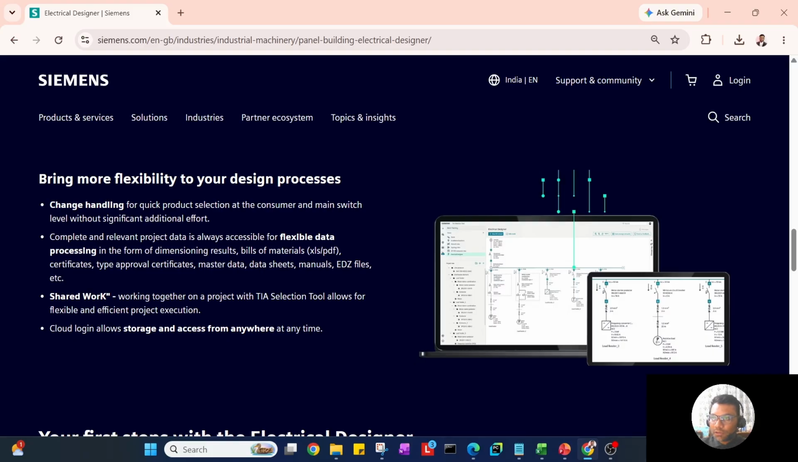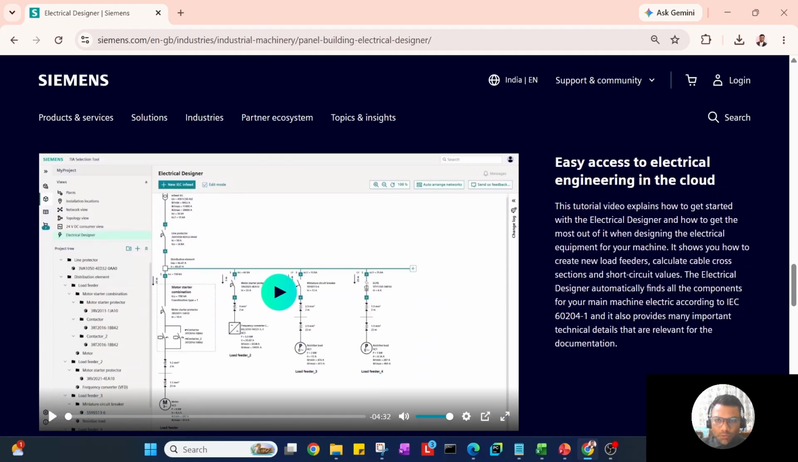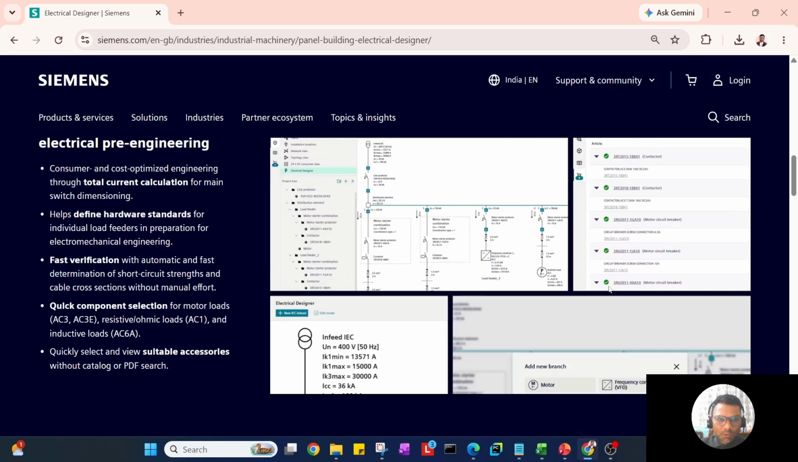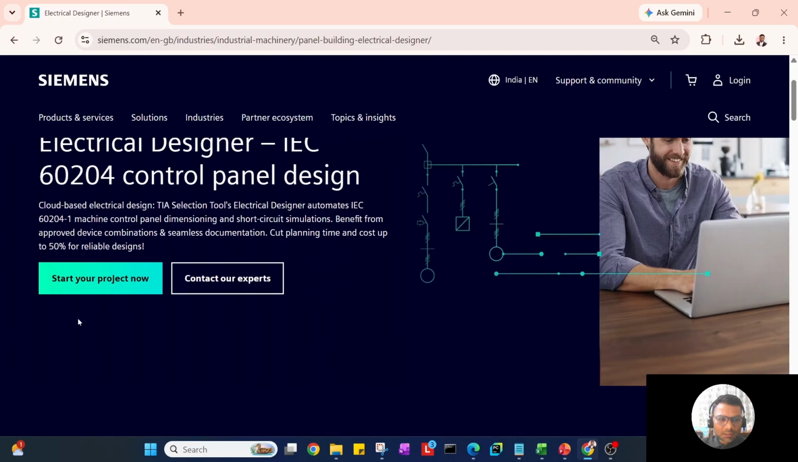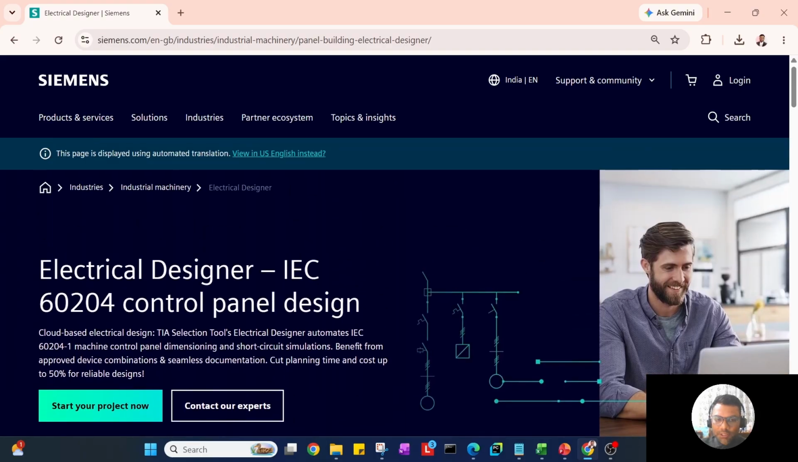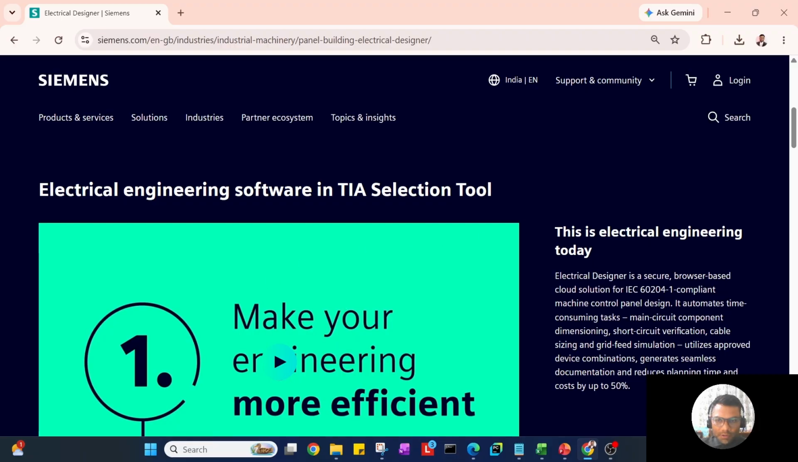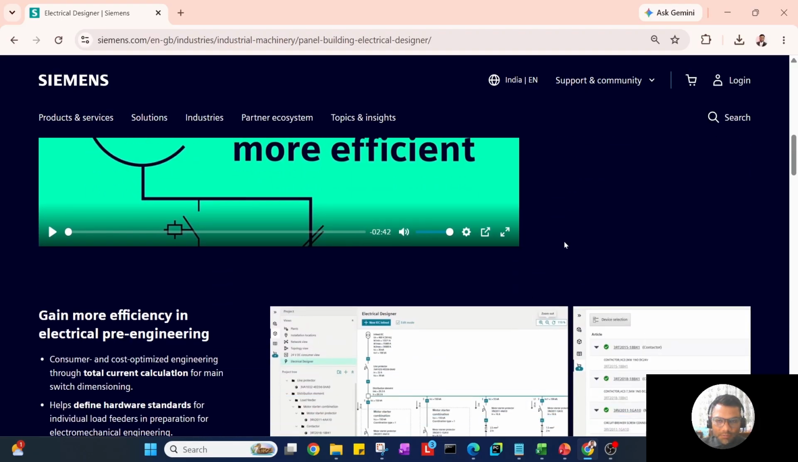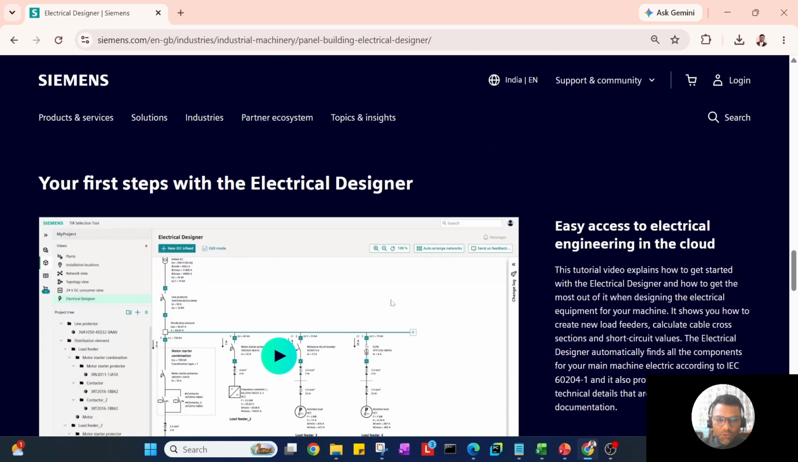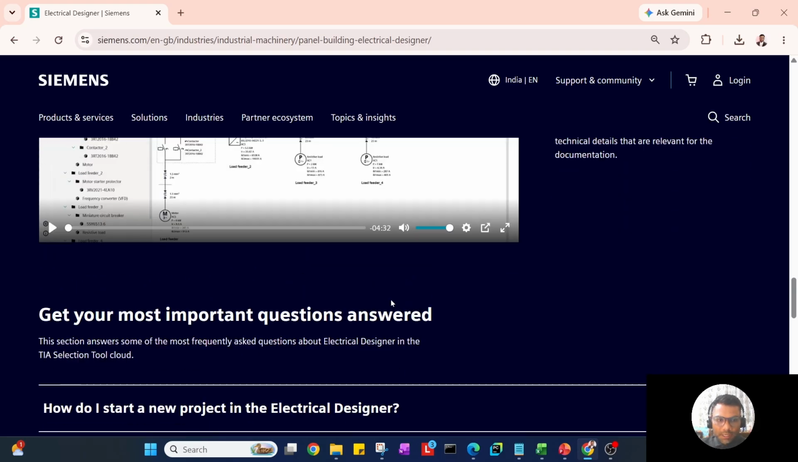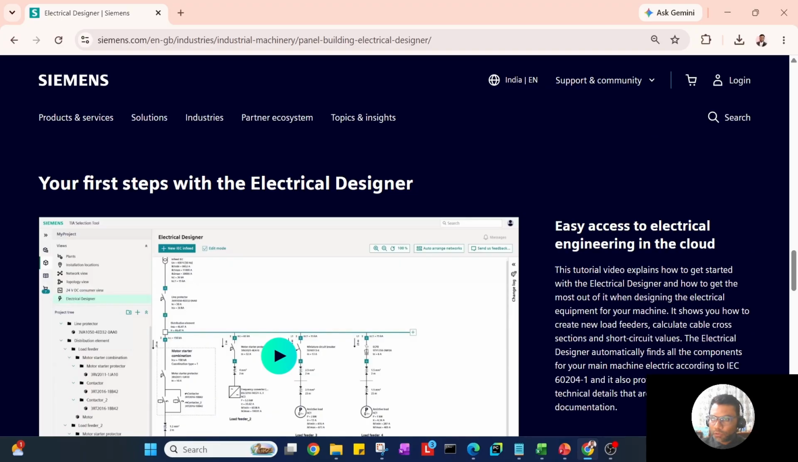Throughout this playlist, we will learn how to access the Siemens Electrical Designer. We have just seen it today also. So if you see here above, we have the link to start the project. In today's video, I'm giving you the introduction of this Electrical Designer by Siemens. We already saw the different advantages and benefits of this tool. We are not going very deep in today's video, since it is just an overview, but in next videos,